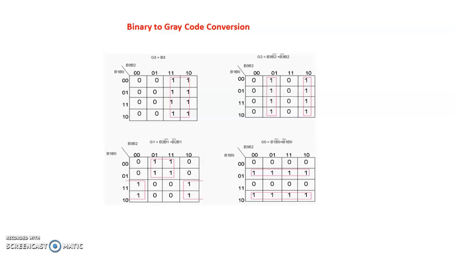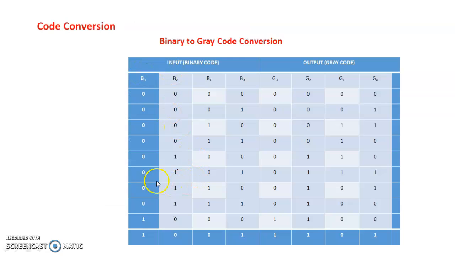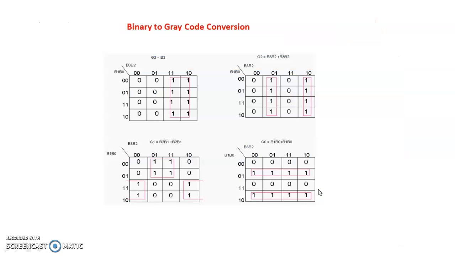So this is the K-map representation. In the K-map representation for the 4-bit variables, you can take the sequence B3, B2, B1, B0, and you can check the input. If it is 0000, what will be the output? You can mark that output from the truth table. For example, if B3 is 0, B2 is 1, and B1 and B0 are 00, at that time what will be the G3 output? It is 0. Or you can consider any condition. For 0110, what will be the G2? It is 1. So you can mark that G2 here.